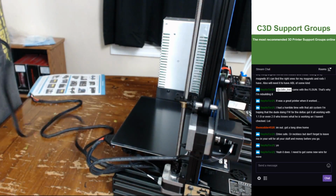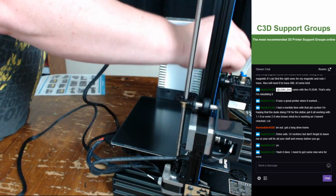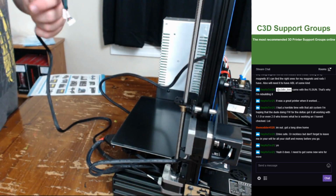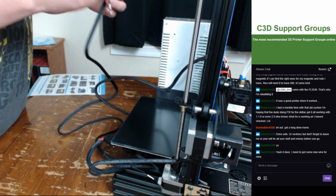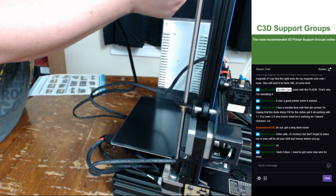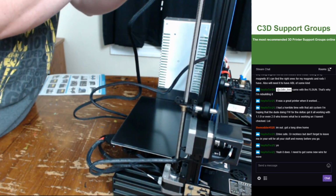Here is what I think I'm not gonna like. This is cool. This is everything on your hot end. Right here, one cable, boom. I greatly appreciate that. That there is fantastic. What I don't like is having to run your extruder cables all the way up here. I mean, the good thing, I guess, is by doing it this way, this stuff's out of the way. But I don't know. Actually, it's not bad. These little